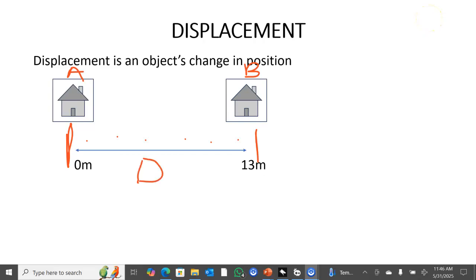A to house B is 13 meters. That is what displacement defines. It's just a change in position. Let's go back to